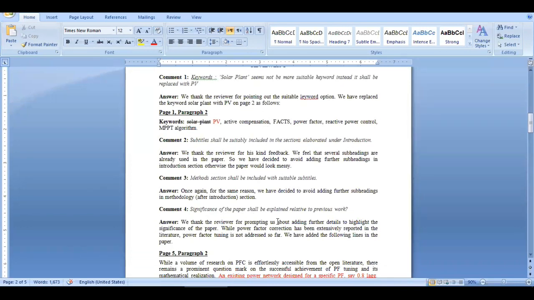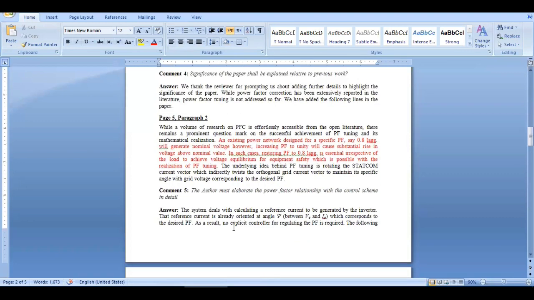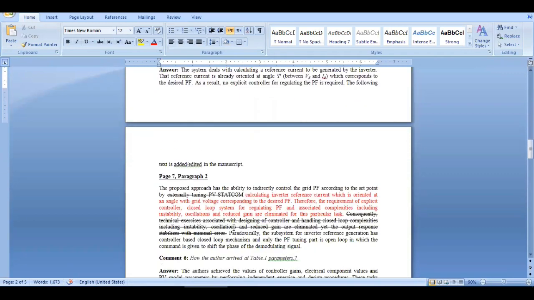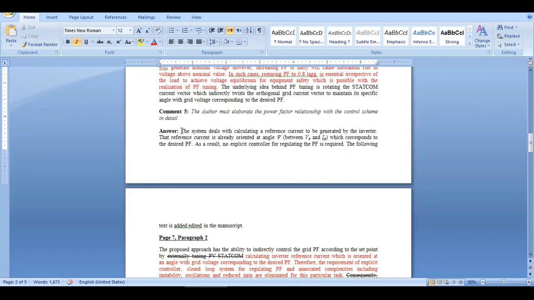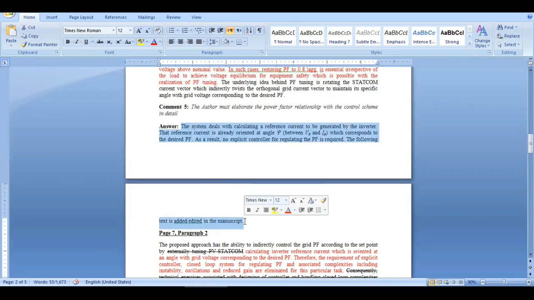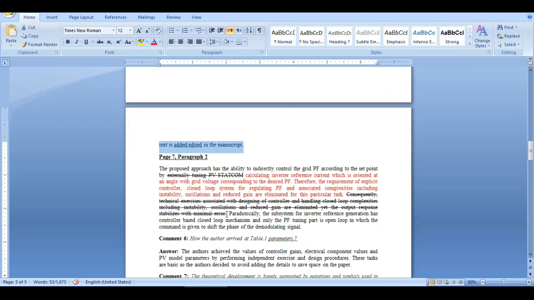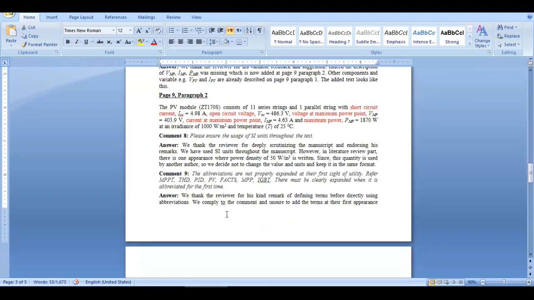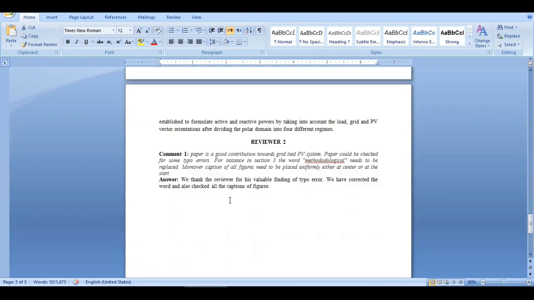these other comments can be seen and read by you by pausing the video, and you will be able to see that first of all, I have written the comment from the reviewer. Then I have replied in a polite way to the reviewer's comment. Then I have made the modification in the manuscript after specifying the page and the paragraph number. So the whole of this manuscript has been revised according to the comments from the reviewer, and